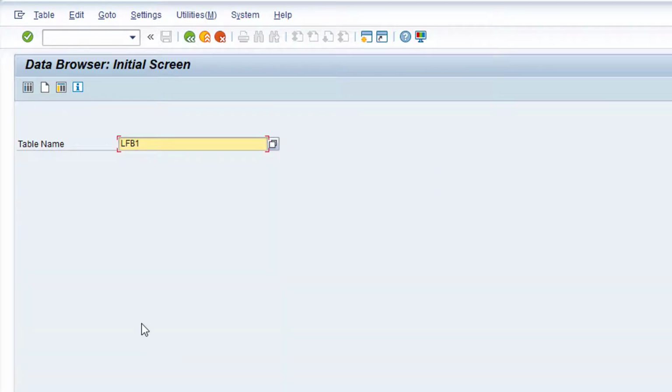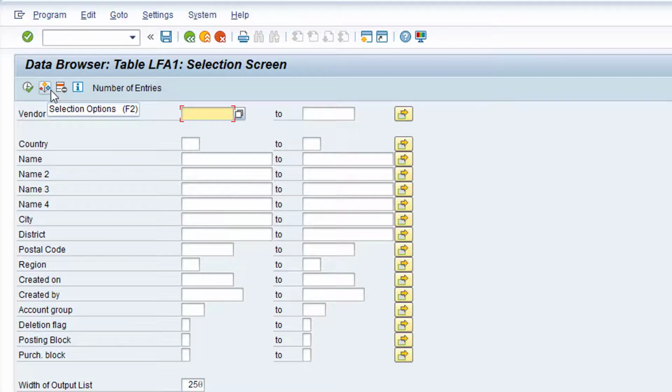As you can see, it defaults to the last table name that was used. Enter the first table name, LFA1, and then click the Enter button. I've set up a range of vendors specifically for this video, so I'll just type in that range of vendor numbers and then click the Execute button.